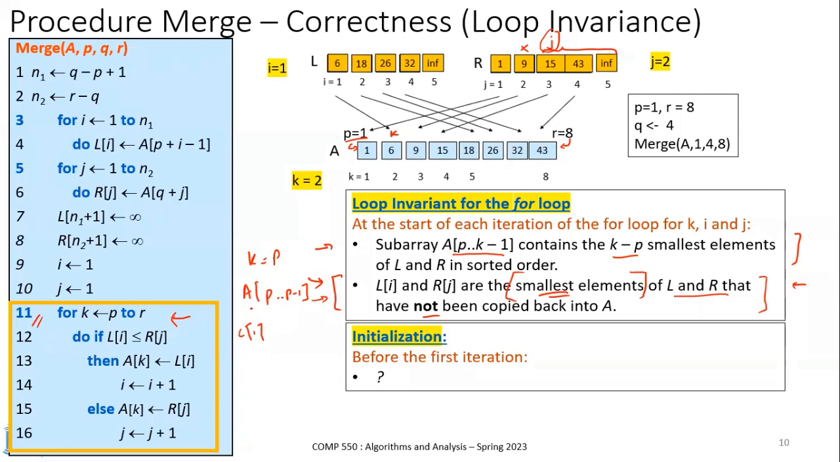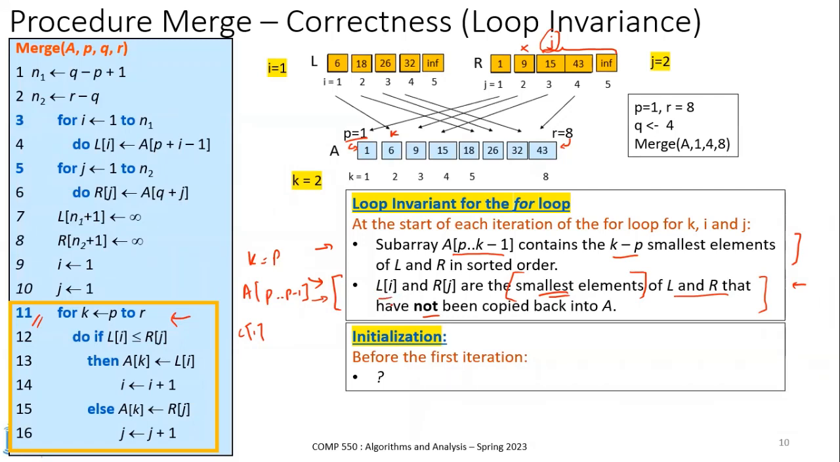So what's been suggested is that, clearly, A from P to K minus 1, and K is P. Going from P to P minus 1, that array doesn't exist. And K minus P is 0. Okay, so K is equal to P, so K minus P is 0. So that's sort of trivially true, the first part. And the second part, as you suggested, is that